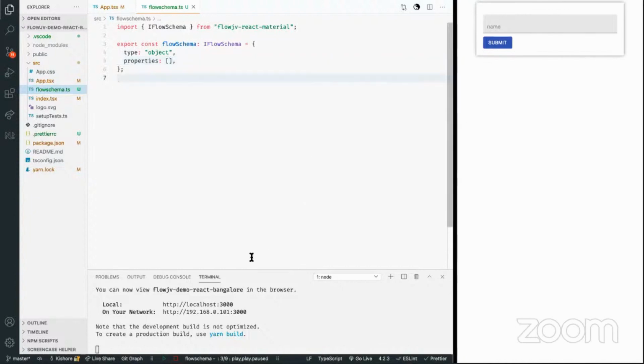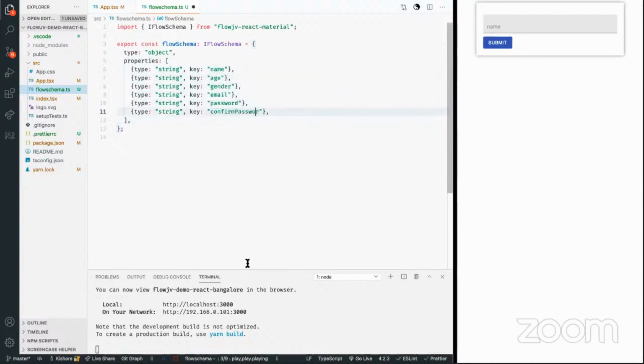As I have already told you, we define requirements as a set of instructions. So in FlowJV, we define something called a flow schema, where I define type as object. And just like I told, we are going to give instructions one after the other, just like in a programming language, and they all go into the properties field. We define properties saying, all right, I want to collect information of an object from a user.